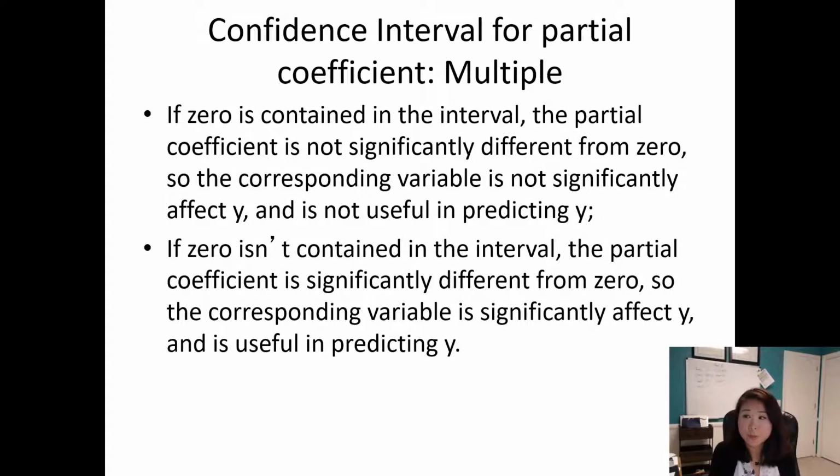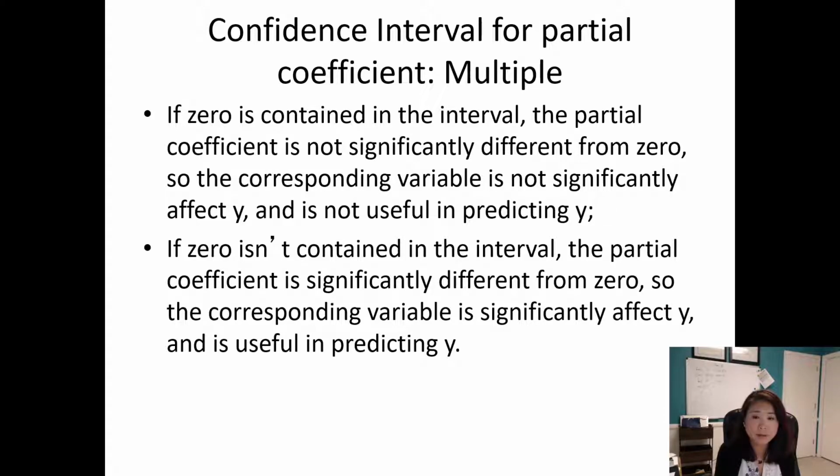So in this video, we will learn the second method to perform the hypothesis significance test for the individual x variable. The method we're going to see in this video can be used to replace the t-test. The f-test still cannot be replaced; the f-test is pretty unique. However, the t-test can be replaced by this method called the confidence interval for partial